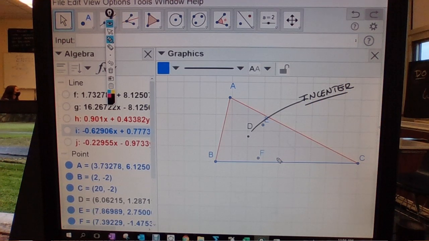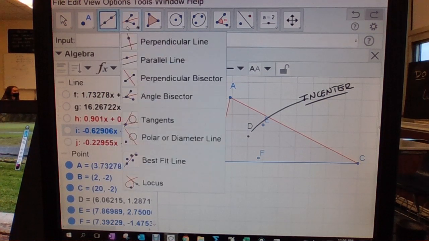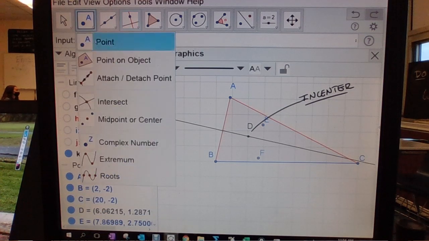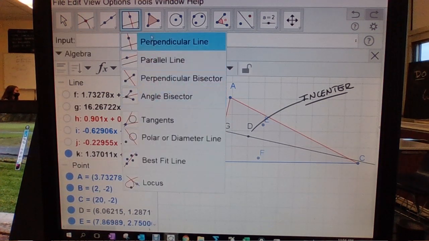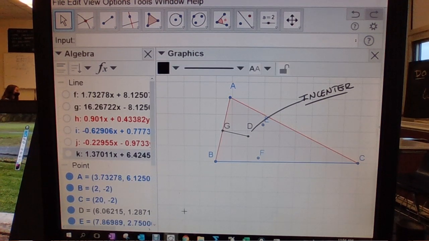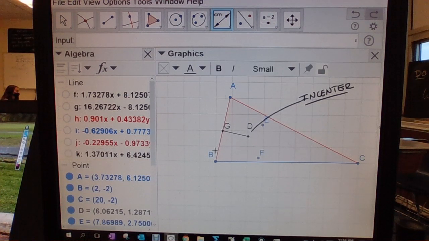Okay, and it is the point that is equidistant from all three sides of the triangle. So I can show those distances. It takes a little bit of time here to actually generate them. Okay, so that distance GD is what we refer to as the shortest distance from D to this red line AB,